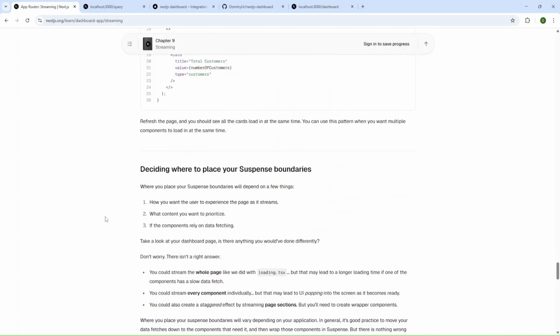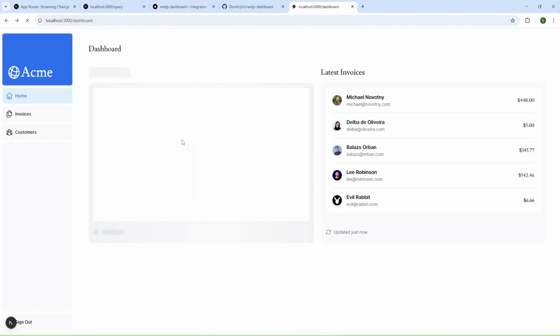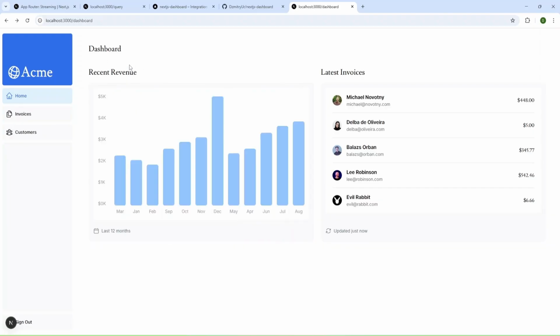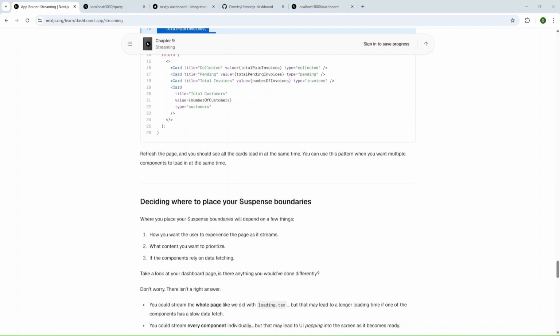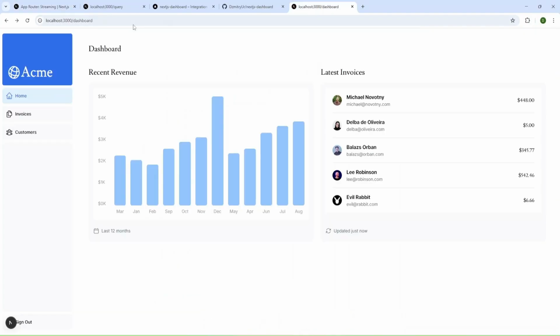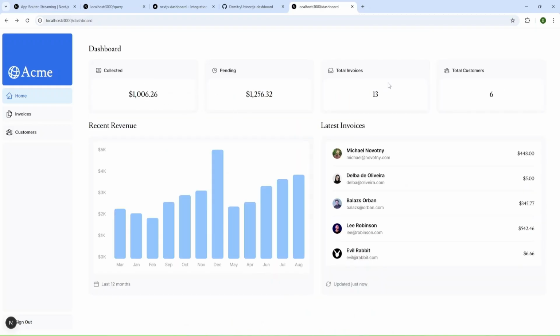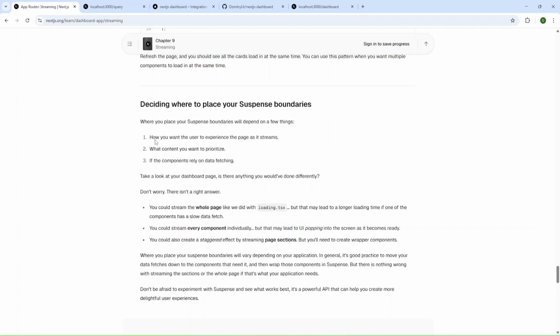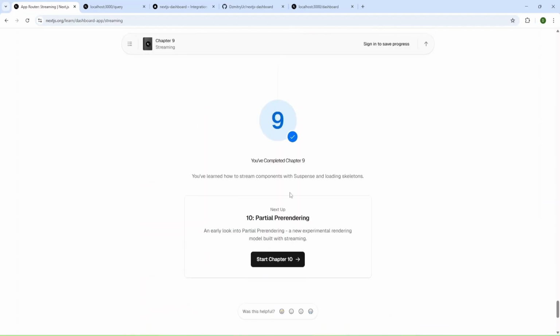Okay, and now we can refresh the page, and going to refresh, and as you can see we have card skeleton, but we don't have card. Let's check. Okay, we need to check the code, and we need to uncomment this component. Okay, and let's try again. Refresh, and we saw a loading dashboard, and now we have data. You can read about the explanation, deciding where to place your suspense boundaries, but I'm going to move on to